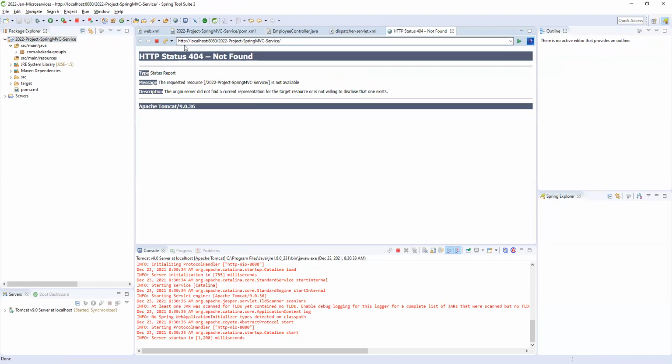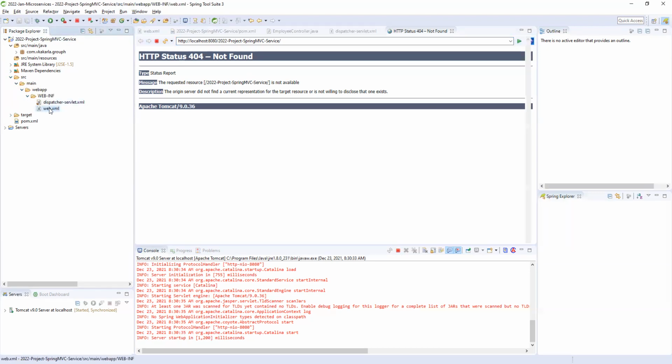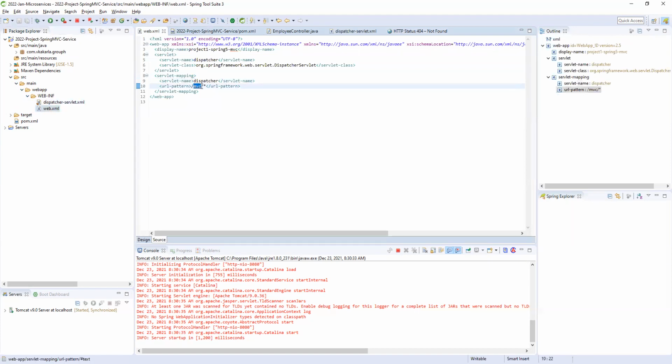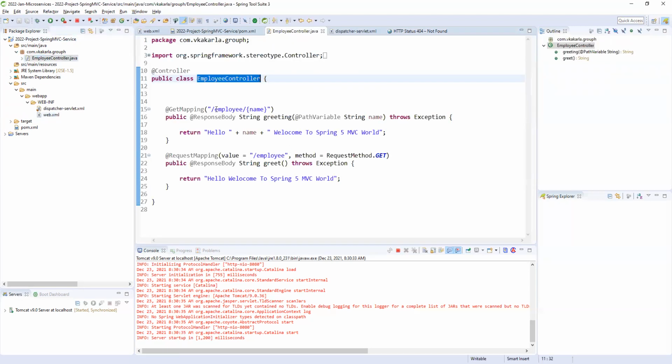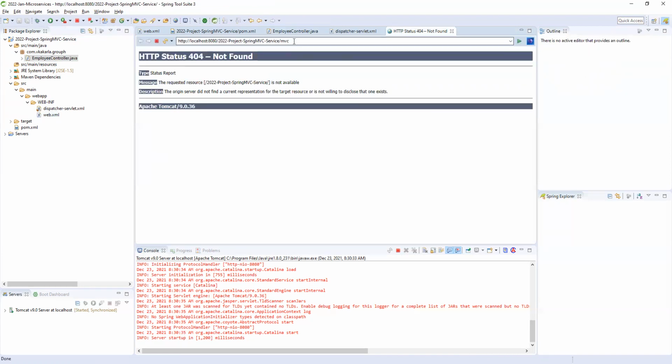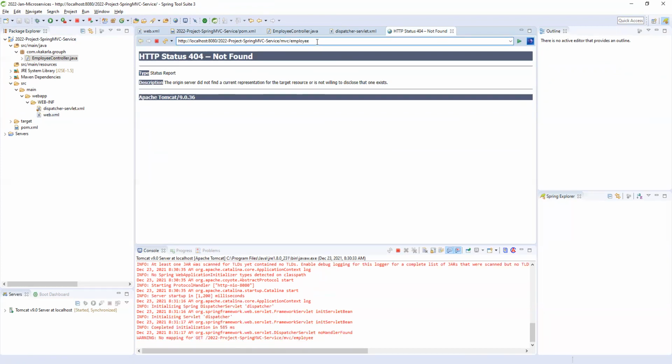Yes, it is coming here. Now the browser is coming here. The IDE has a default browser. And what is the URL pattern? If you open src main webapp and web.xml, here we have the URL pattern. MVC is there, so you need to give MVC here, and check each and everything here. Here employee is there. First of all we will give this employee method. So employee, I'm just clicking enter.